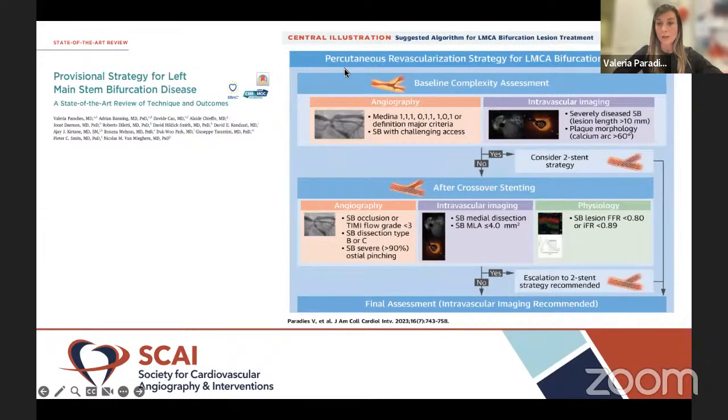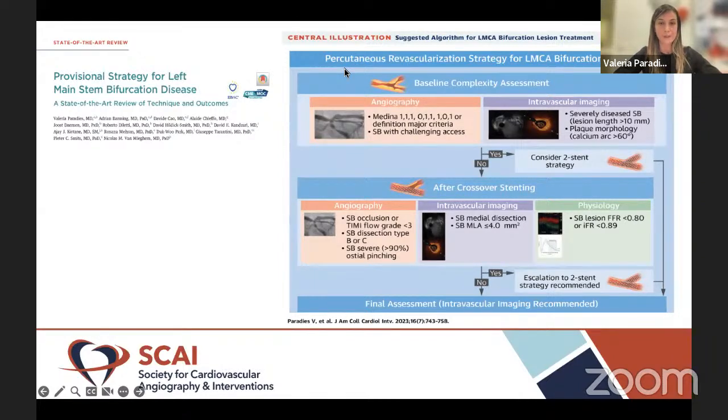occlusion. So look at side branch disease, for example, lesion length longer than 10 millimeters, but also plaque morphology. So have a look at plaque burden and also calcium arc higher than 60 degrees. So taking into account both angiographic and intravascular imaging determinants, consider two-stent strategy. And after that, so talking about a stepwise layer approach, consider after crossover stenting, which are the angiographic imaging and